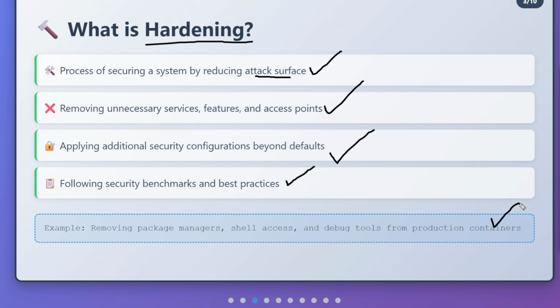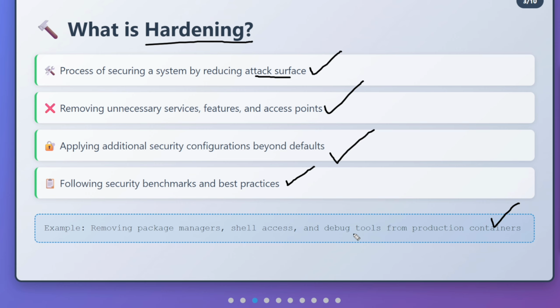So here is one of the examples for hardening. Removing package managers, shell access, and debug tools from production containers. Especially whenever we are working with production containers, you don't need all the default existing tools like apt, bash, or curl. We need to make sure to remove them so that attackers cannot use them if they enter into the